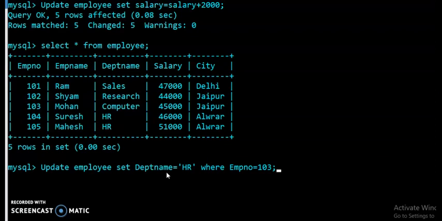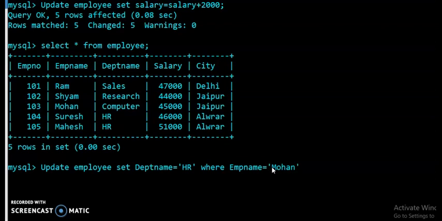But students, you have to remember one thing: if you are using an integer field, then you have to put the value without quotes. Just like EMPNO is of integer type, so I put 103 without quotes. In the same manner, if you are selecting the EMP name field, it is of char type, so you have to write EMP name equals 'Mohan' in quotes.